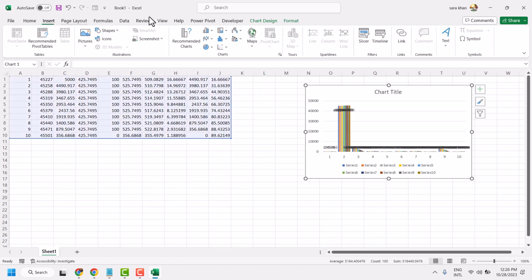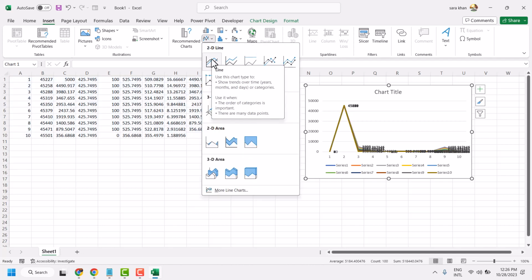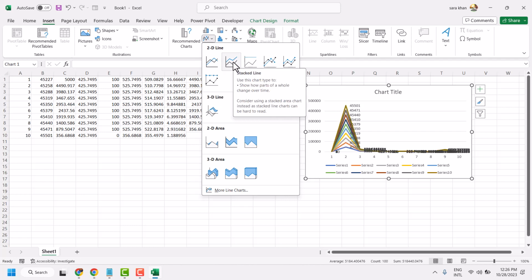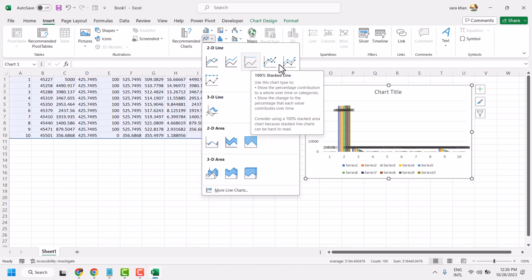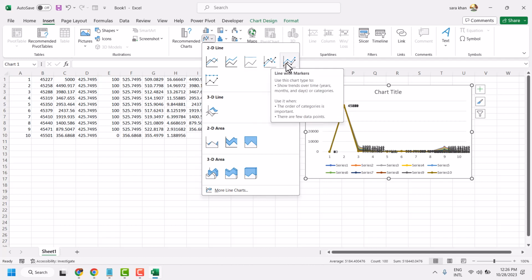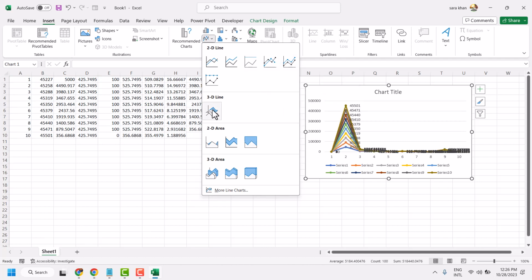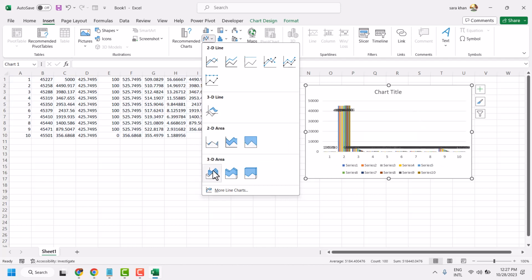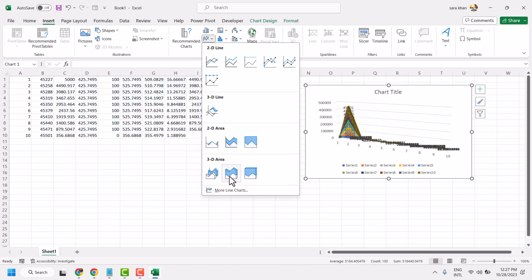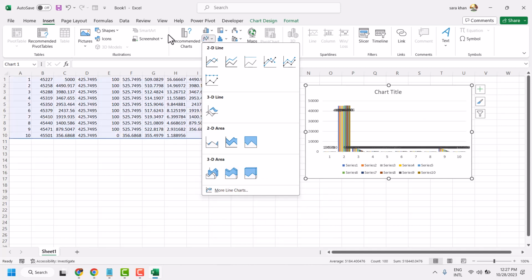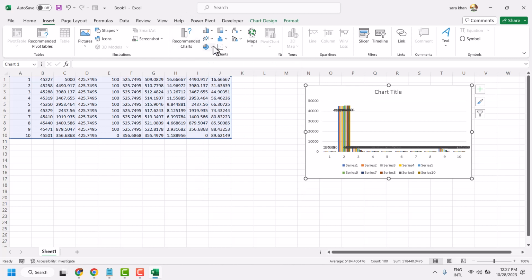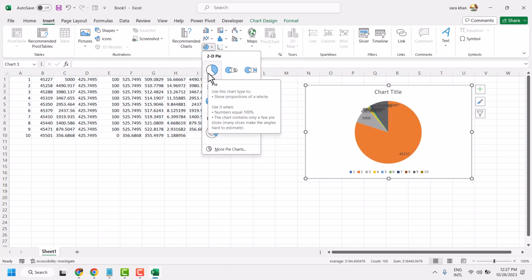Similarly, you can insert another graph, line or area chart. Pie chart, and